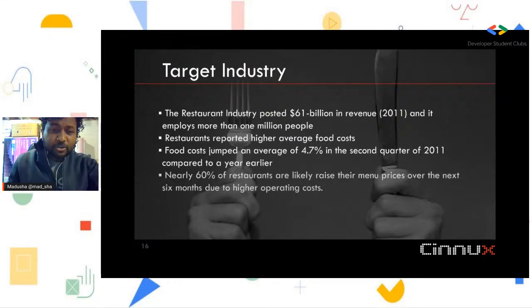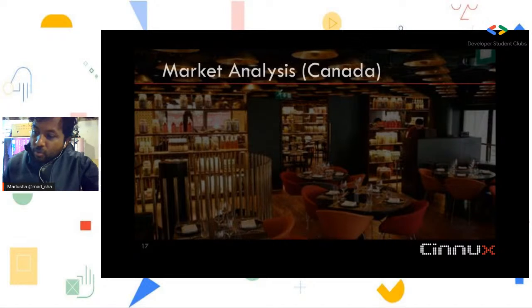So, target industry. The good thing I saw here was we did some interesting research on how much the margins are. The restaurant industry was struggling even back then. The profit margin was only like 4.7%, close to 5%, which is not good, right? If they get hit by, let's say, COVID, it's worse. Even if the oil prices go up, that can fluctuate, and a lot of the businesses tend to feel the pinch. So we wanted to give them more